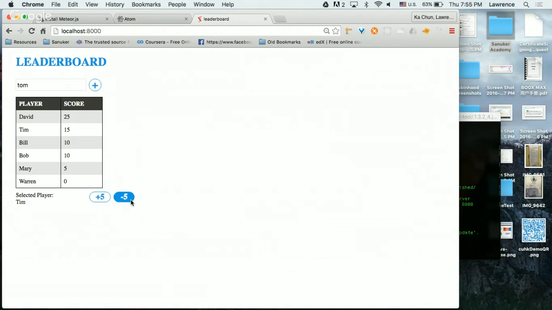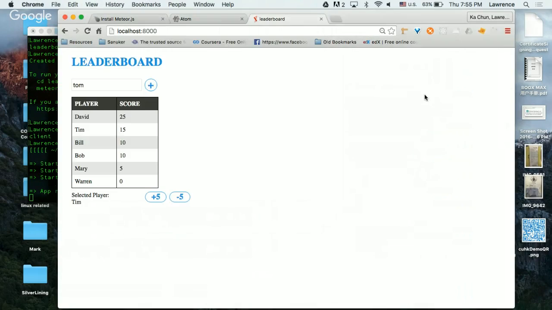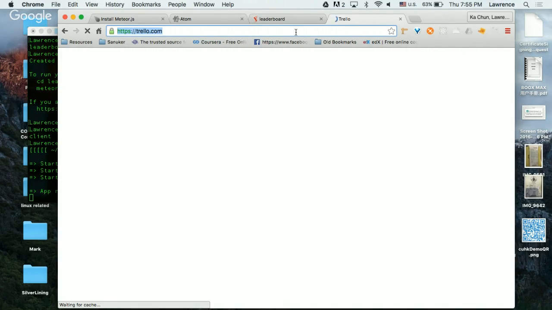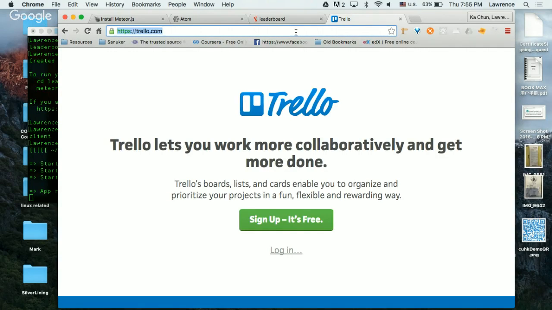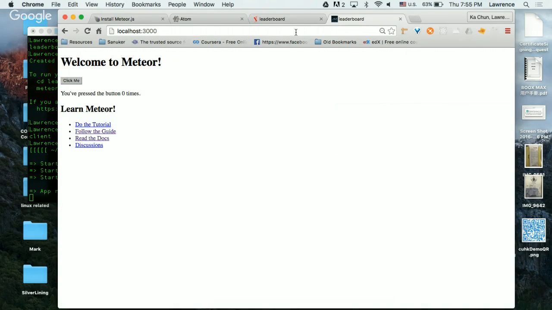And okay, something more about the technologies. Let me just go back to your command prompt. If you have finished running the app, you can see it will say app running at an address. So try to just type localhost and then :3000 in your web browser. You can use Chrome, but try not to use IE. Sometimes something unexpected will happen on IE. Okay, so normally if you go to localhost 3000, you will see this website. Anyone not seeing the same thing?